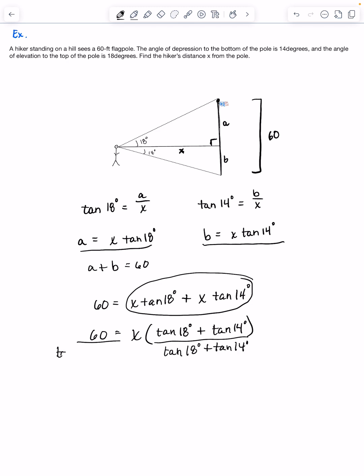So X is going to be 60 divided by the tangent of 18 plus the tangent of 14. And that you can plug in your calculator. When you plug that in your calculator, make sure when you divide, you put 60 divided by parentheses tangent of 18 plus the tangent of 14 degrees. And the distance between the hiker and that pole is about 104.5